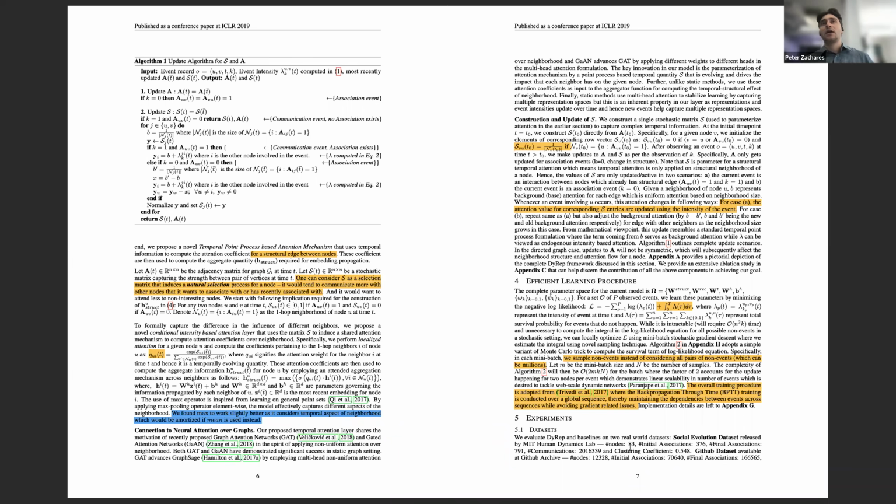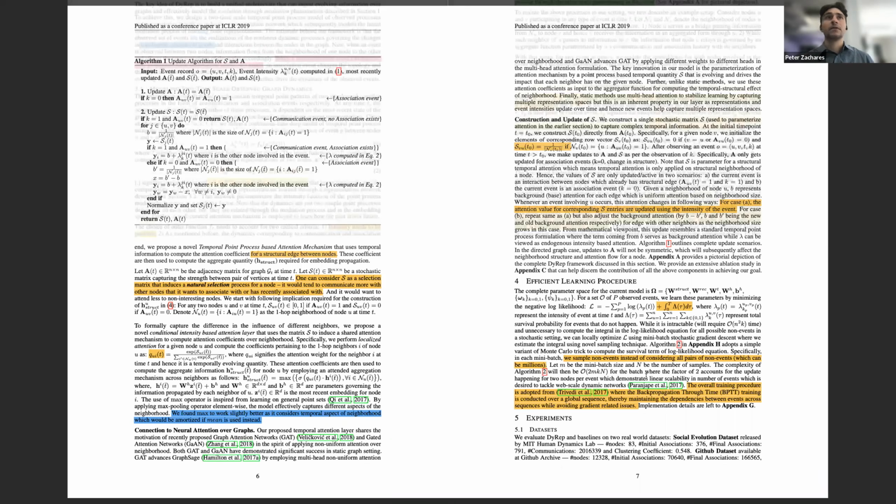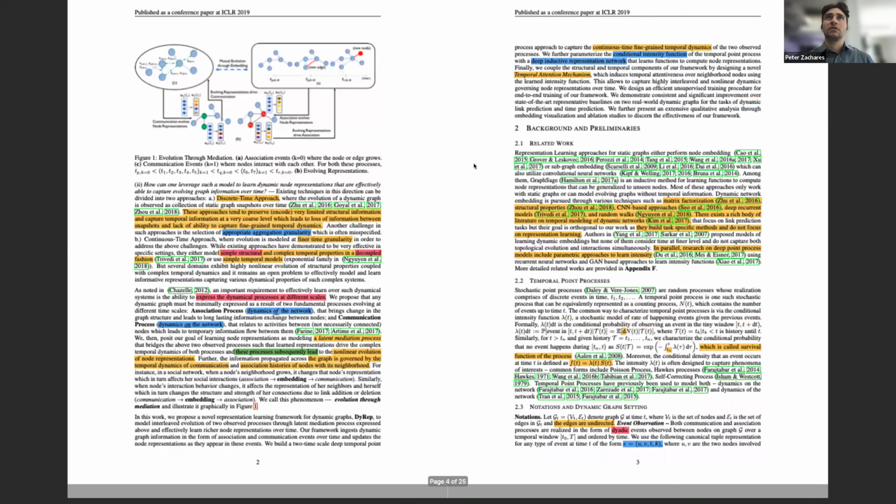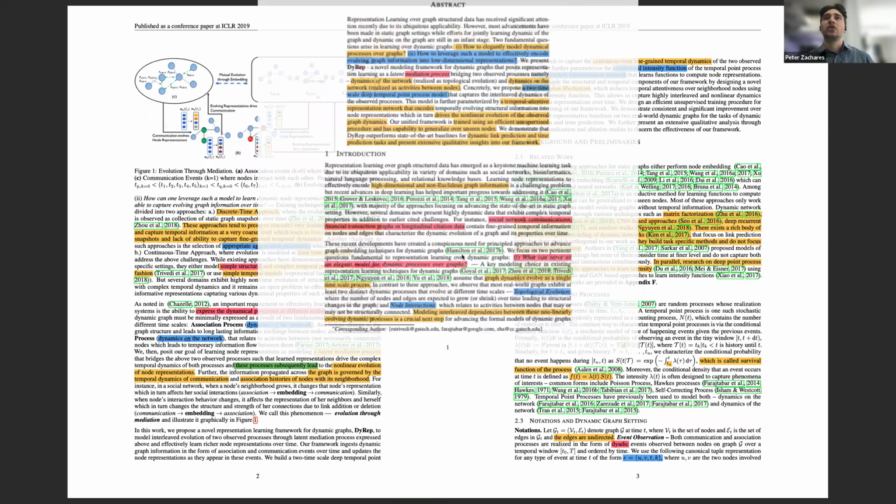So anyway, I hope that makes clear what's the difference, what an association is, what a communication is, and why both of these are modeled in this method. Yeah. Let me just see if there's no questions. Cool. So